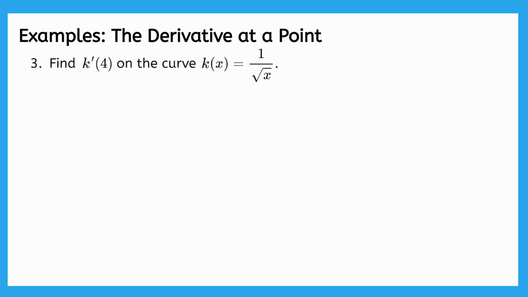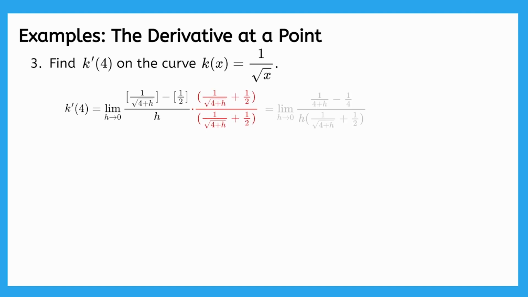Number 3 is a little tougher because of the square root. After we set it up, we need to find a way to manipulate it so the h in the denominator will cancel. What methods could we try? One approach here is to first rationalize the numerator. It isn't immediately obvious why this works, so let's keep going by combining the fractions in the numerator. After we combine those fractions and simplify, we get just negative h on the top numerator.